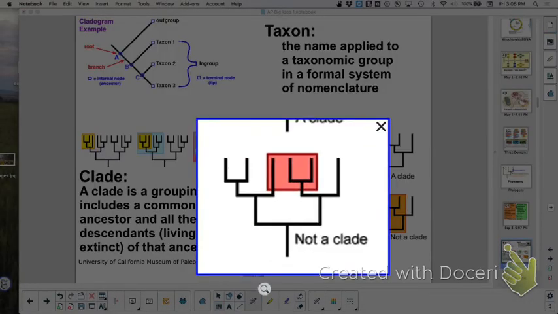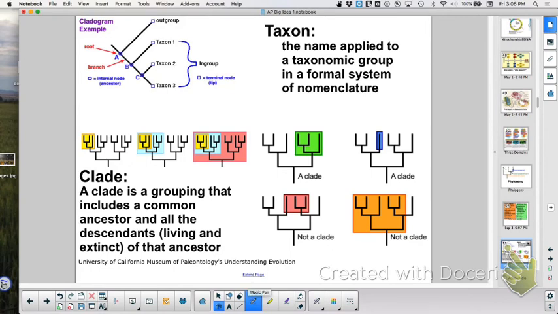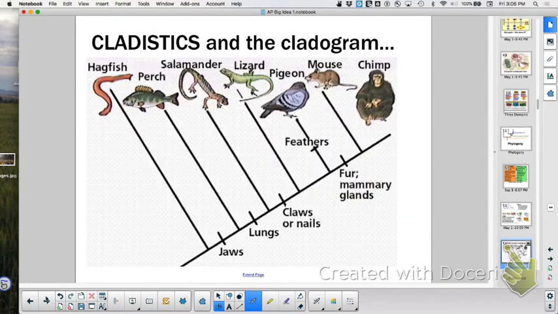Why? Yeah, they do not share a recent common ancestor. Yes, you could say this whole thing is a clade, right? And this is your ancestor. But if you just highlight this, you would not call that a clade because they're coming from 2 different ones. This is not a clade because you're leaving this guy out, right? But if you pick this or all of these, those would be clades. Remind you of that. And then what we end up doing is you just keep dropping people off that don't have